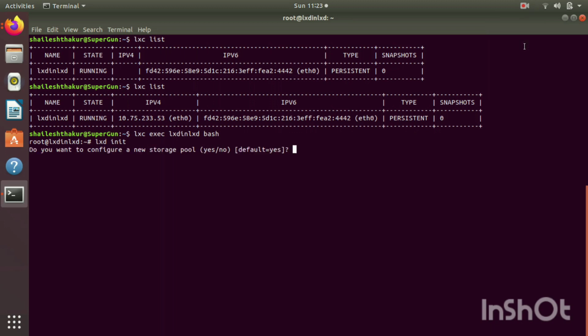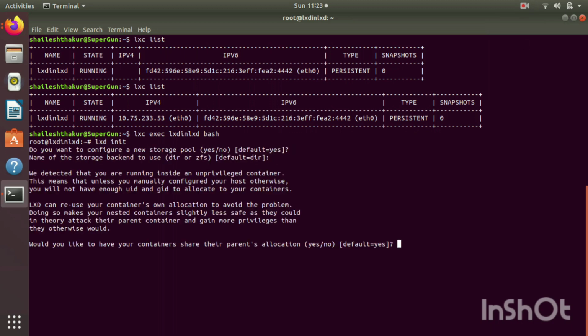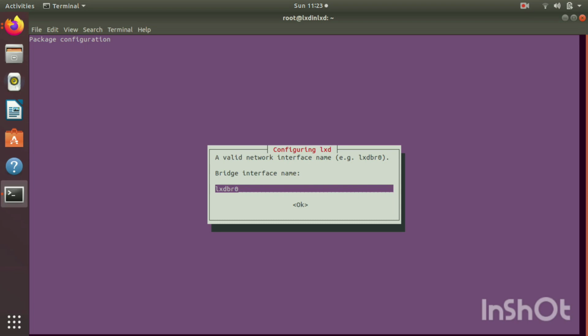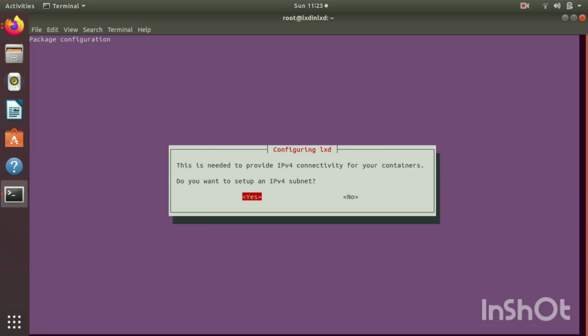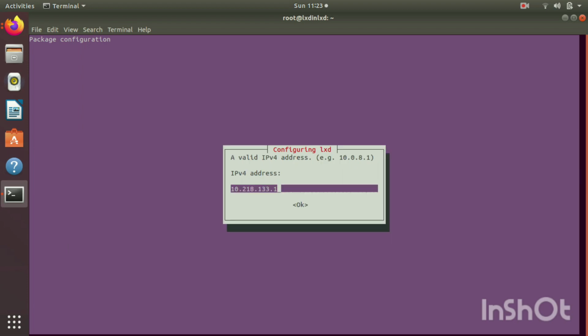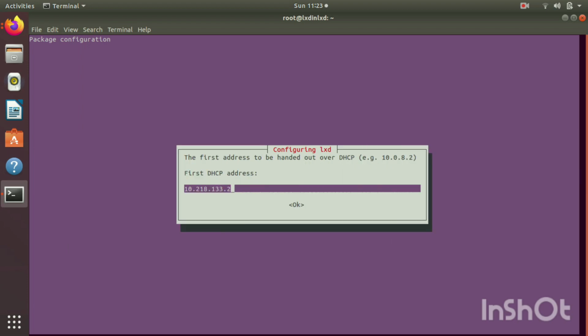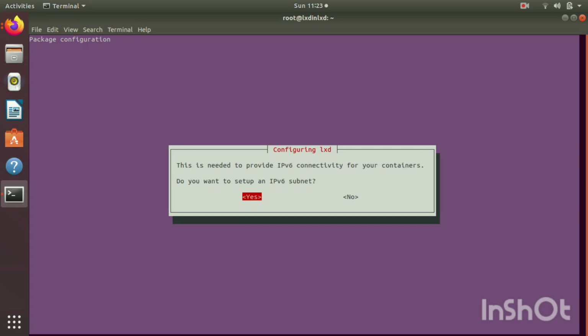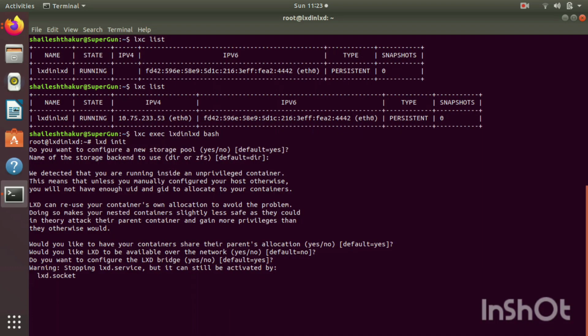So you're inside a container, you're doing lxd init, and you're just going with the defaults, everything with the defaults. Yes, give a bridge name, IPv4 for subnet, yes. Okay, IPv6, sorry. So this is your subnet configuration. You want your traffic to be NATed, so you don't want the IPv6 subnet, and that's it. That's all you need.